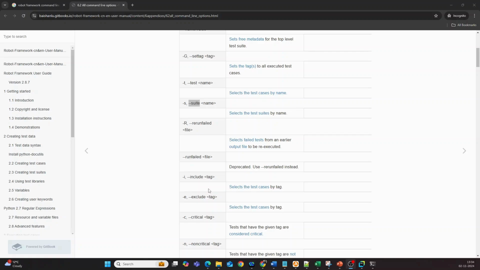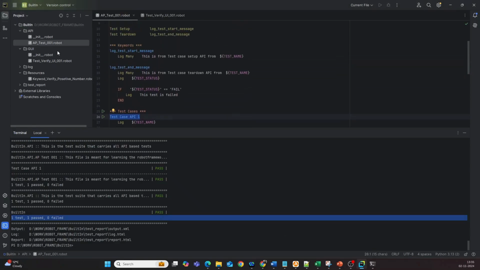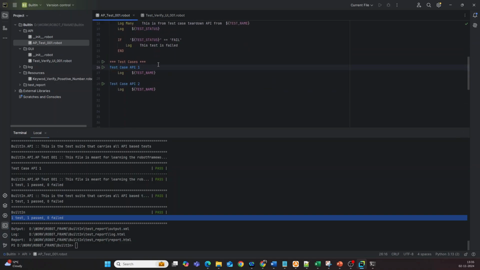So let us use the tags now, and let us give the common tags for both the APIs and for the GUI tests that we have created for the demo, and try to execute them basically. So I will come here, and I will go to this particular file, and I will give here a tag,